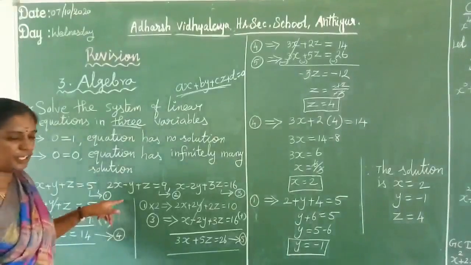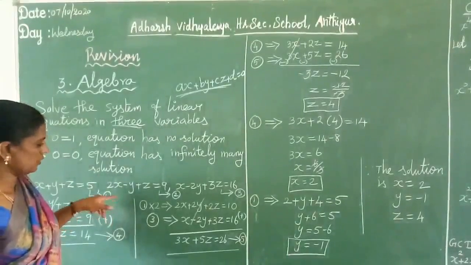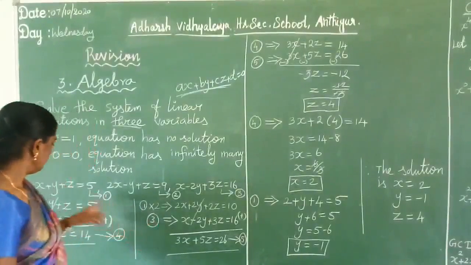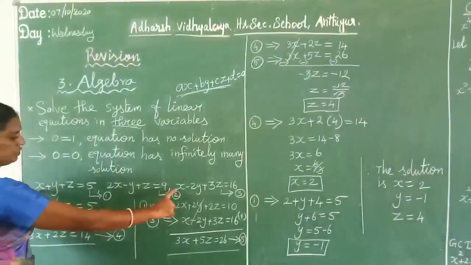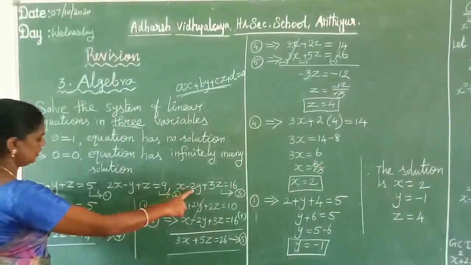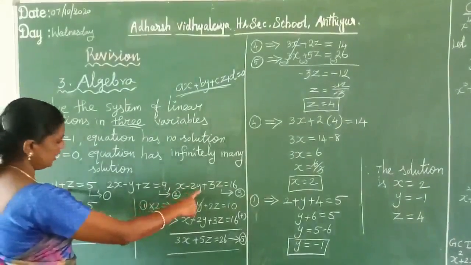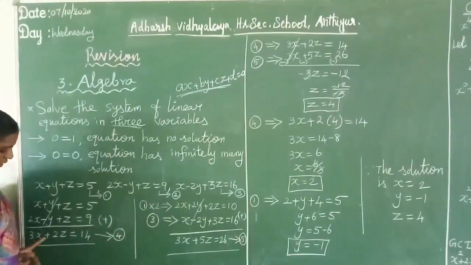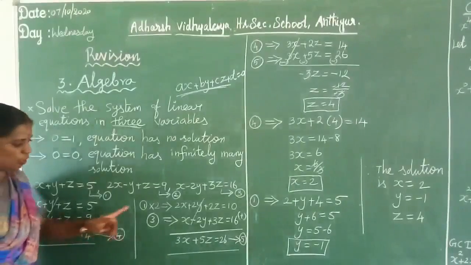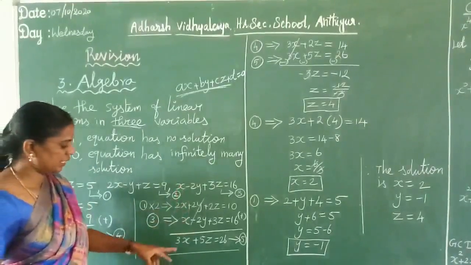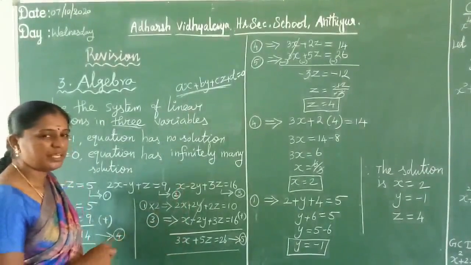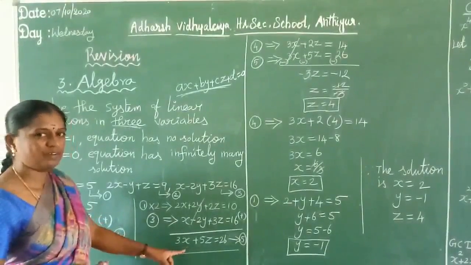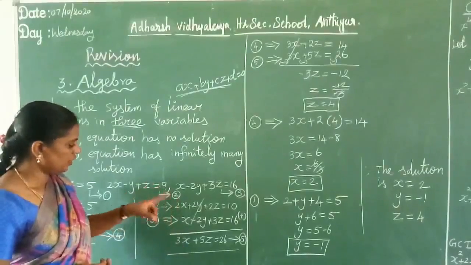And next we take any 2 equations. That also is our choice only. So we take the first equation and third equation. We see the first equation x coefficient is 1. The y coefficient here plus 1, here minus 2. Here 1, 3. But we want to eliminate y again, so we get an x term and z term, and then eliminate x or z, either one, and you find the remaining variable values. So now we eliminate y only.